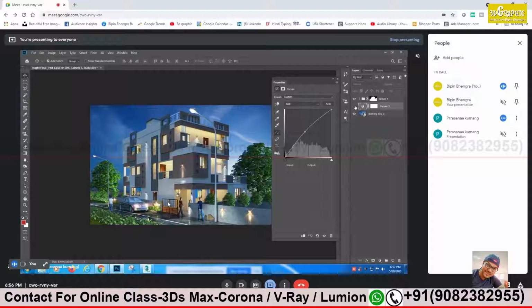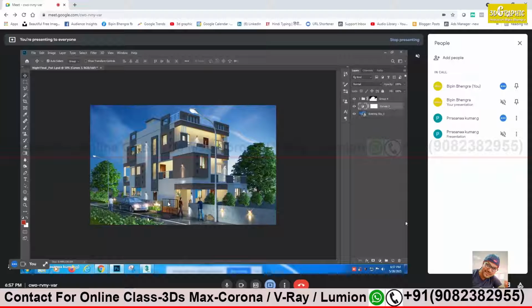See, when you off the eye icon, your sky should be a little darker so that your elevation should be more highlighted. When you on the eye icon, now the sky is equally highlighted. It is sky is fully bright now. Yes. So we don't need that. So remove the curve. We don't need curve. Just off the eye icon as of now.